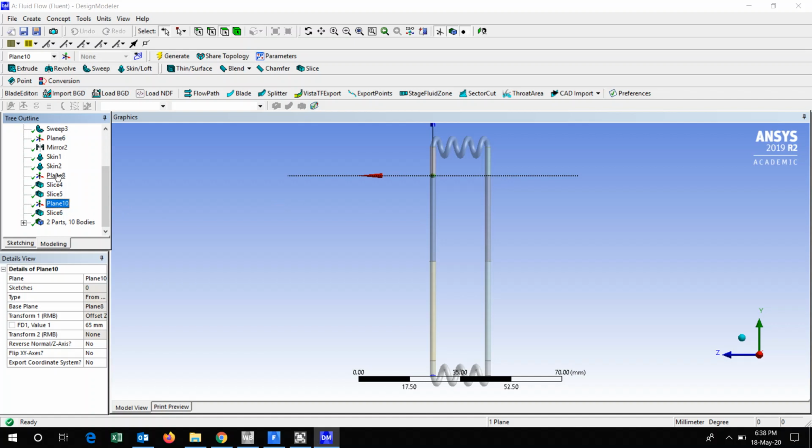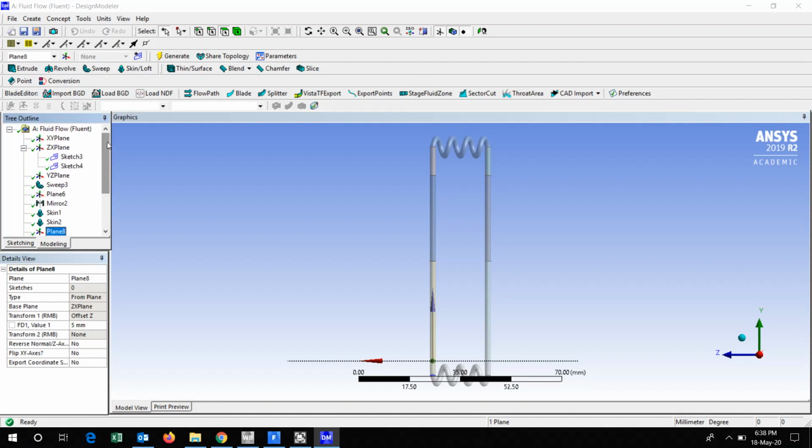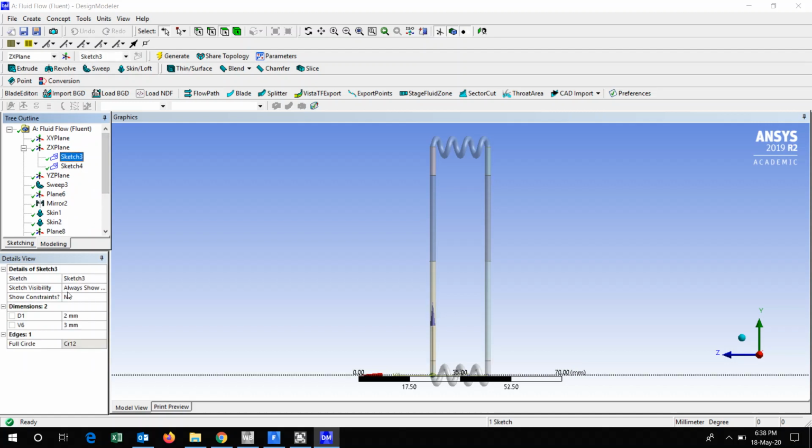The next thing is that we have taken some other planes also, like plane 8. Next, if you observe here, the diameter of this heat pipe is taken as 2 mm. If you observe sketch 2, you can see its diameter is 2 mm. Based upon this, this particular drawing has been produced.